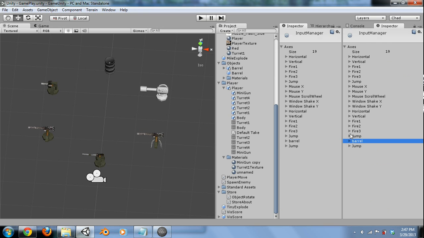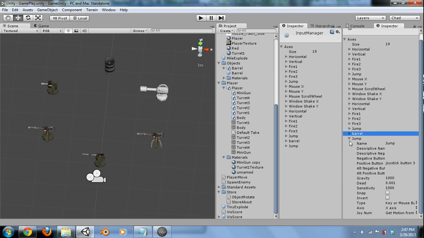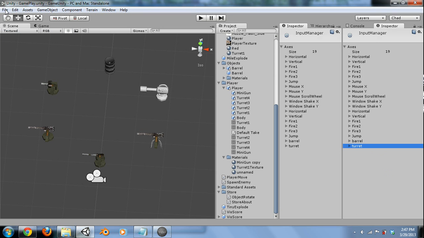I guess we could put alternate positive. We can do right alt too, won't hurt. And then we're going to make another one which will be turret, and this is going to be left shift, and our alternate is going to be right shift. Alright, so we got those set up. So now if we go ahead and save our project,